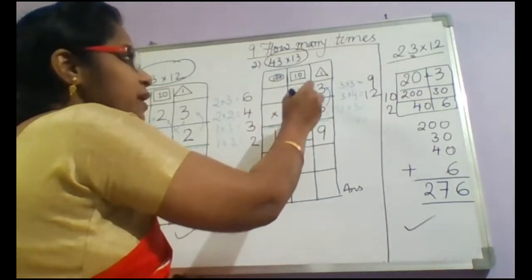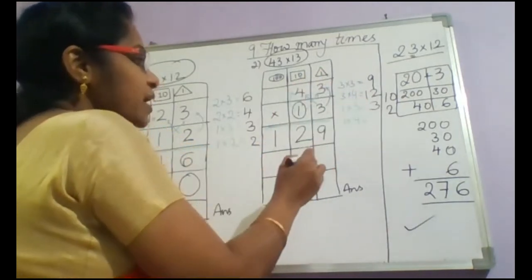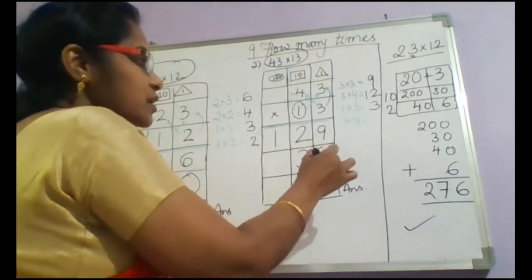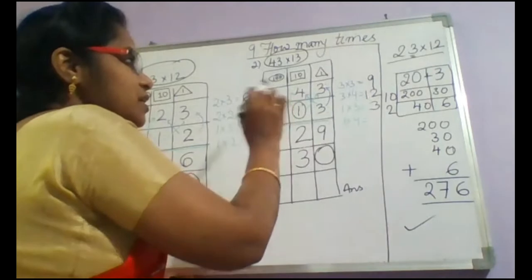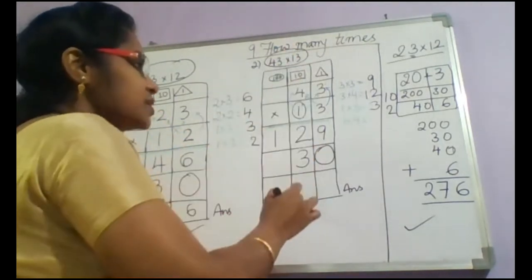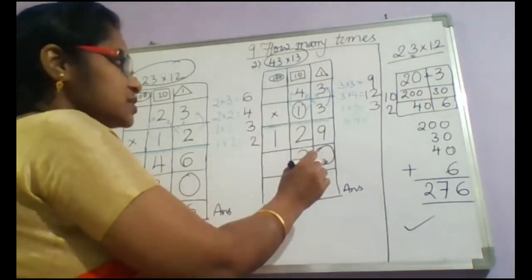Second step. Now the number in tens. This is to be multiplied with ones first. 1 3s are 3. So that should be placed in tens as I told you. Here what should I take? 0. When I have started with the number in tens only it should be placed. In ones you should not write anything. There you should write 0.